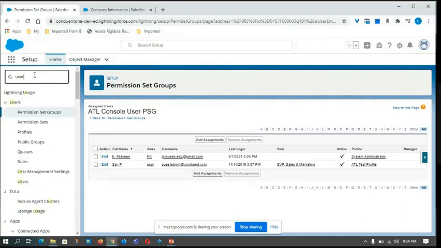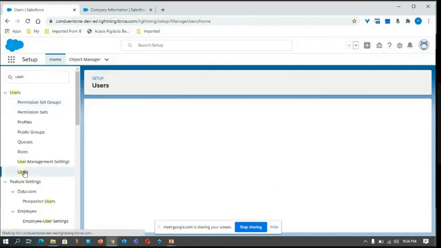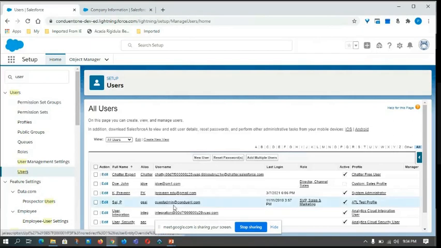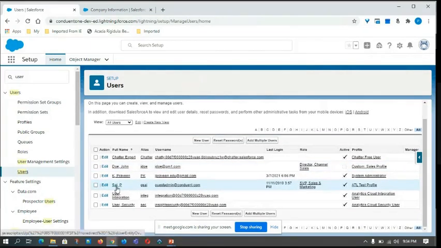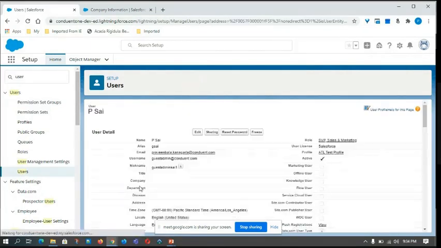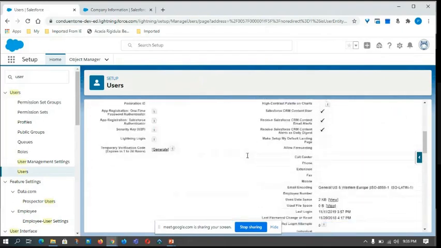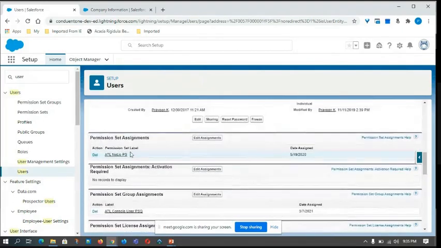Go to users. I'll go to this user. Go down, you can see permission set assignments, and we can also see permission set group assignment right over here.